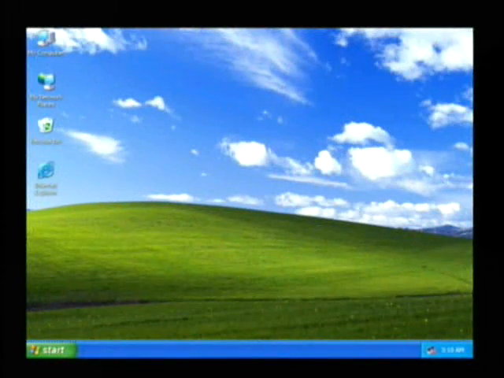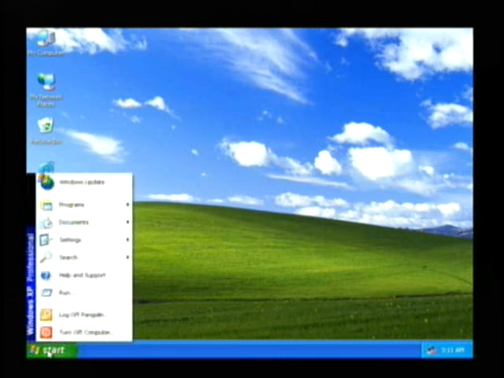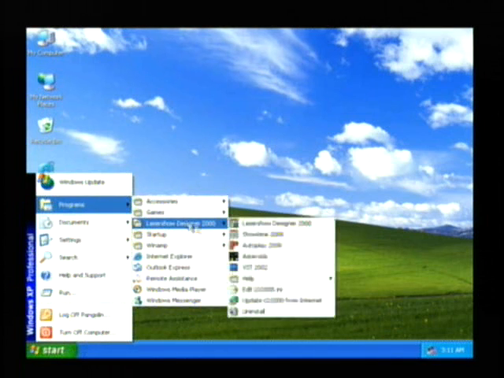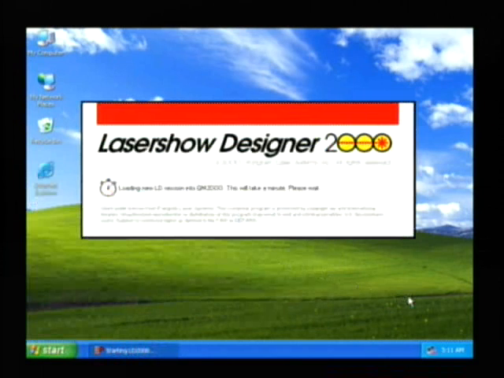We are now going to set up our projector so that we can display images and run shows. For the initial setup of our projector, we are going to use the Mainframe creation software, Laser Show Designer 2000. Click on Start, then navigate to the Laser Show Designer 2000 program, and click on this to run the frame creation